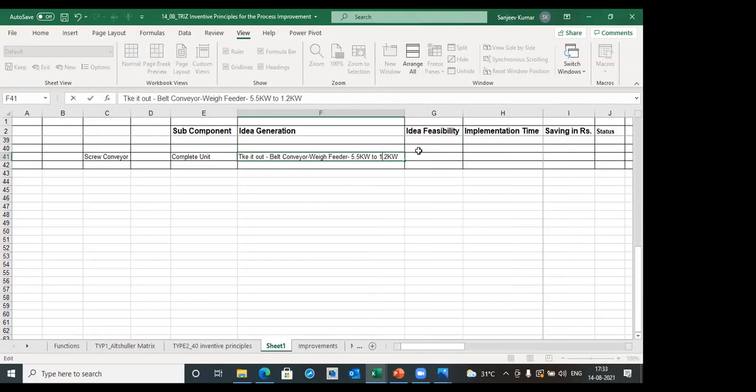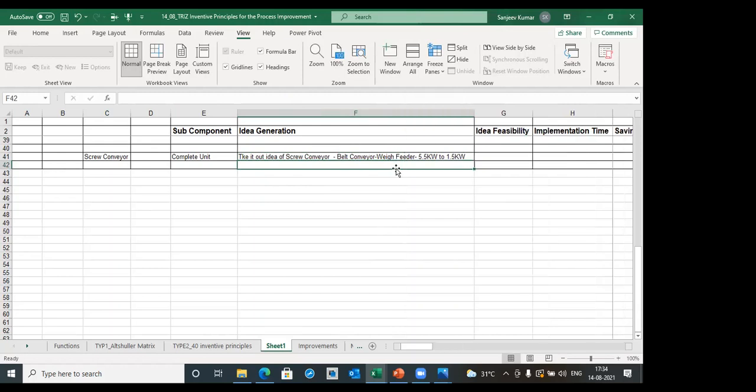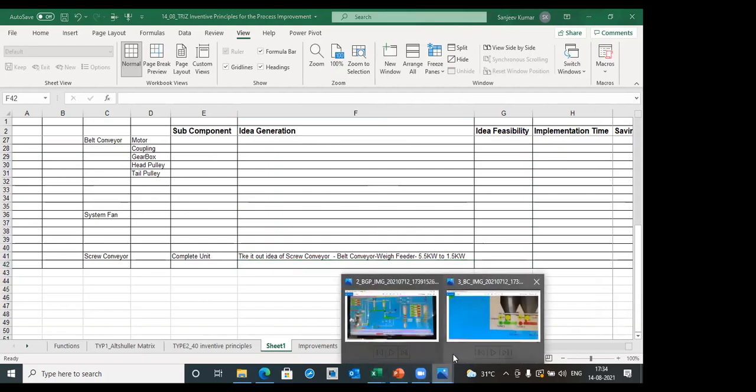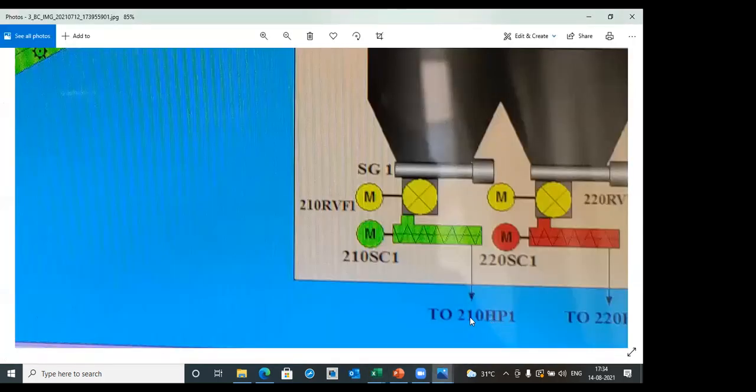It will be a belt weigh feeder, and this will feed the raw material to a small hopper, made as per site conditions, max 500 kg to 1 ton. Below this hopper, one variable speed rotary feeder will be installed, which will feed continuously to the mill, and it will not let the mill go into an empty condition.